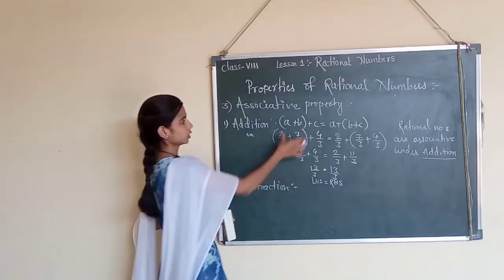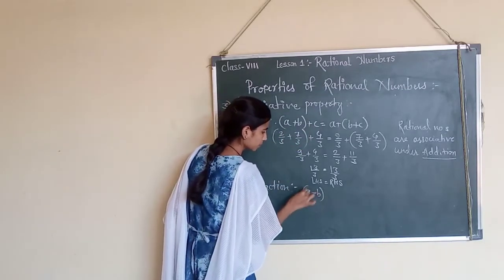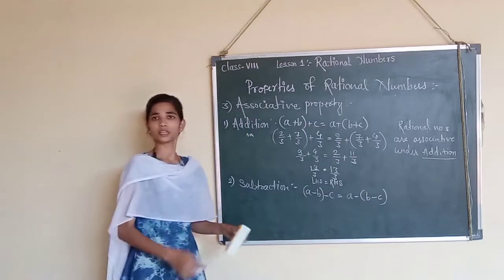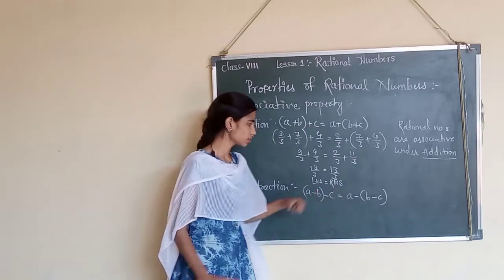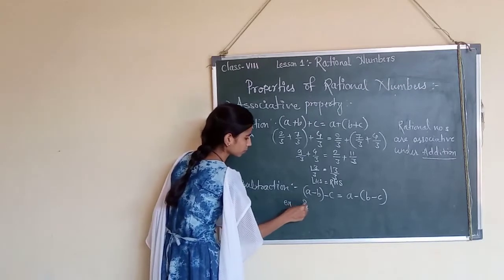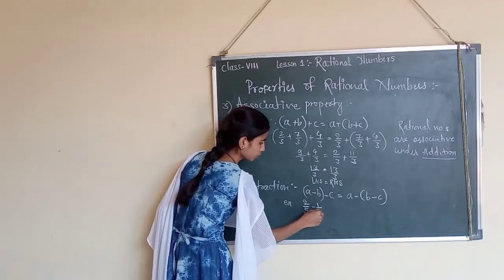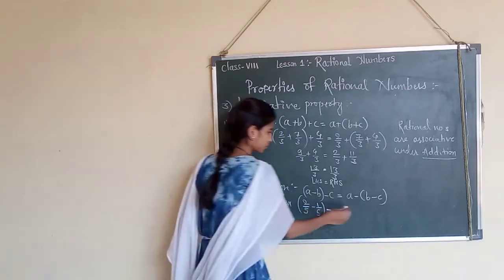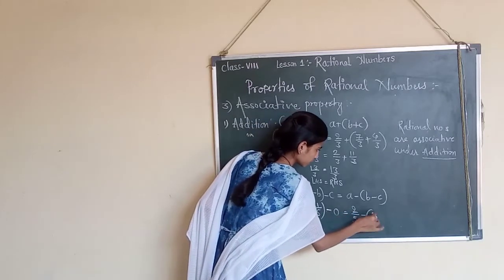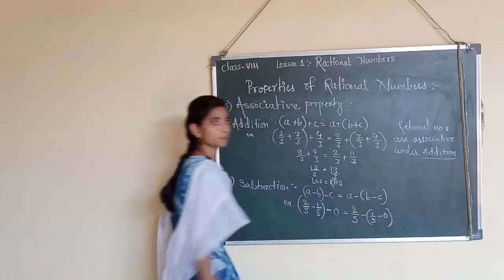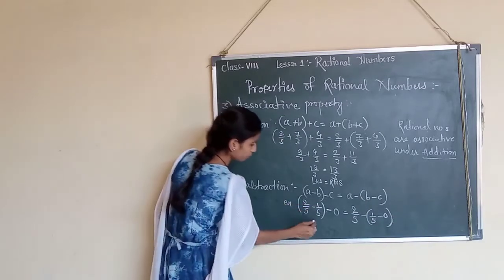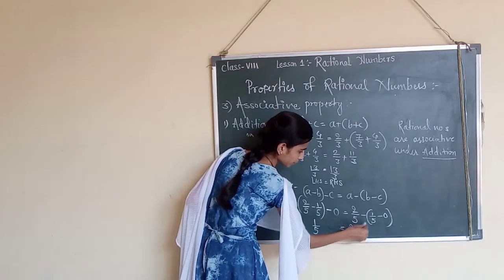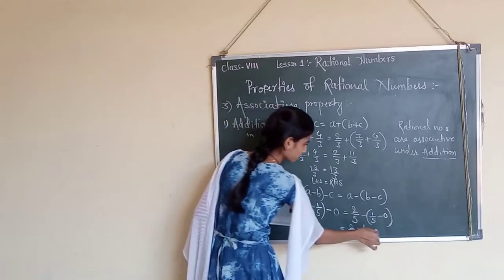Subtraction means what here? (a - b) - c is not equal to a - (b - c). Means subtraction of any two or more rational numbers. Then example, 2/5 - 1/5 - 0 and 2/5 - (1/5 - 0). Here 2/5 minus 1/5 will be 1/5 and 2/5 minus 1/5, which is equal to